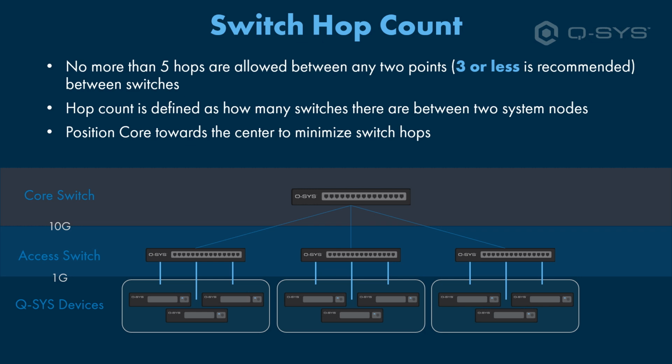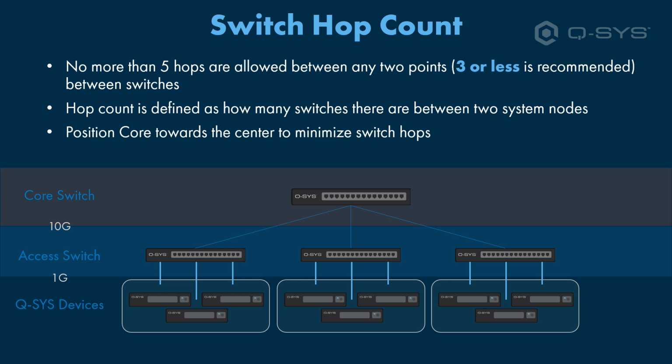Determining the number of switch hops in your network is also very, very important. Generally speaking, we recommend 3 switch hops between Q-SYS devices. Here we have our layer of Q-SYS devices on the bottom. They will all be then connected to an access switch. Those access switches are then connected to each other via a core switch, and the core would be connected to that. You can see for that, then we have only 2 switch hops to get from the Q-SYS devices to the core,